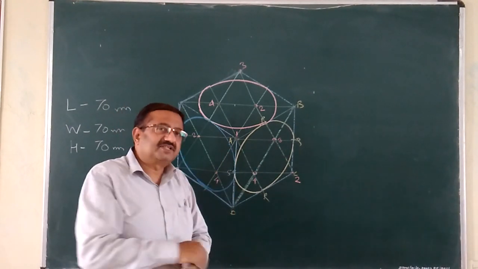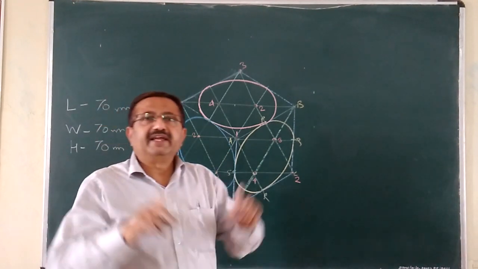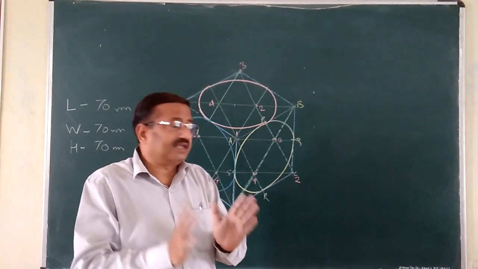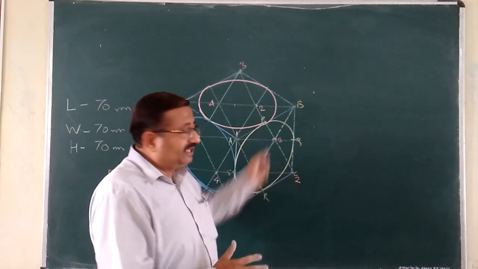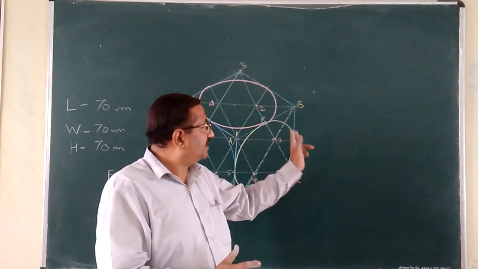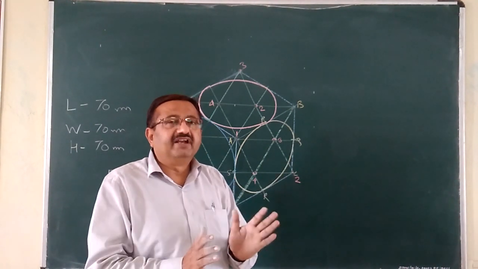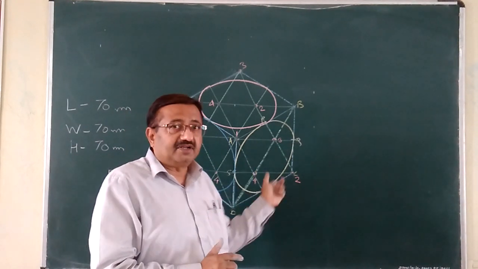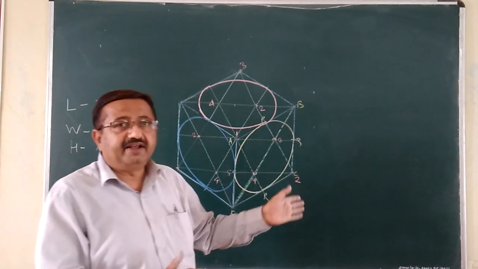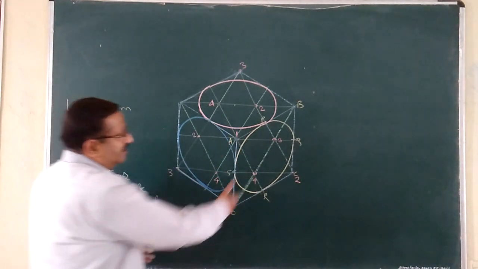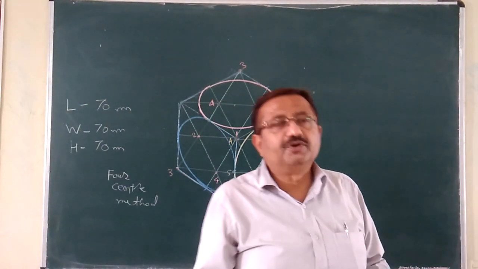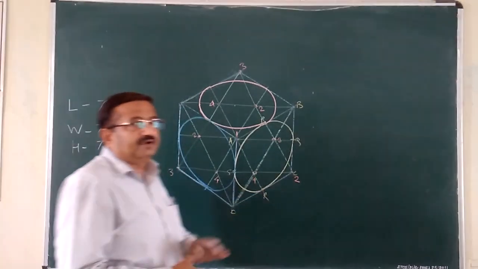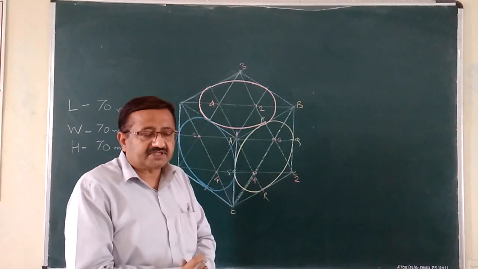In an earlier session we have discussed this. Square is carrying 90 degree corners. All the sides are the same in case of square as well as rhombus. But the corner angles and the length of the diagonals are equal in case of square. In case of rhombus, the length of the diagonals gets varied. See here: identical length of diagonals we will get in case of square, whereas varied length of diagonals we are going to get in the rhombus. That is the only difference.